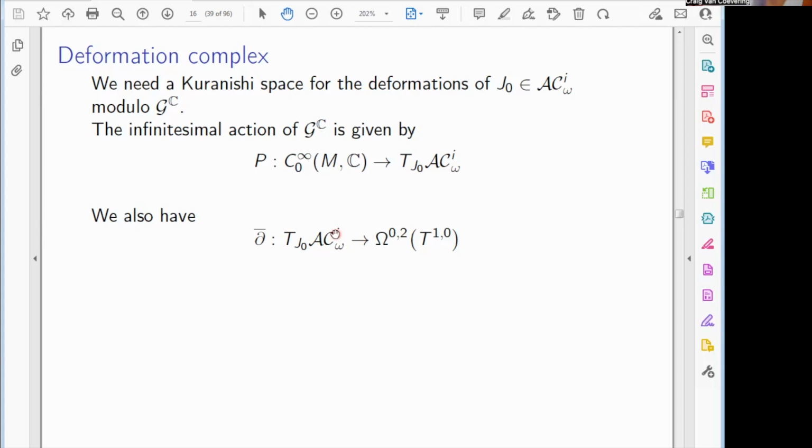So that means that if you lower this index here, then it's the symmetric product of this with itself. So this is contained in